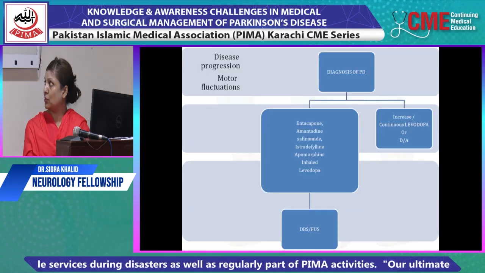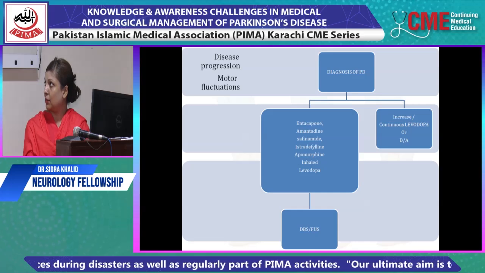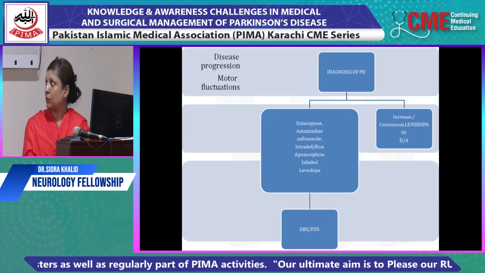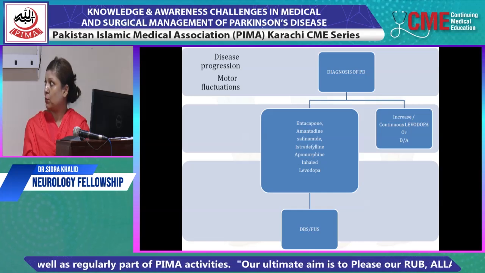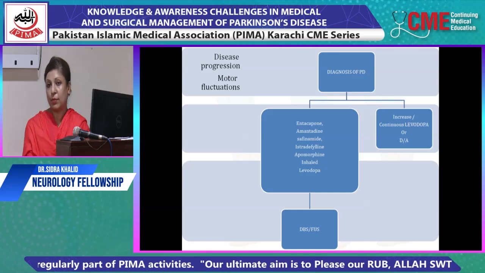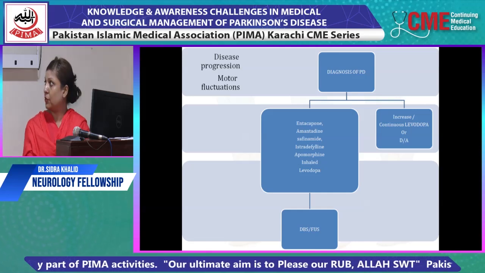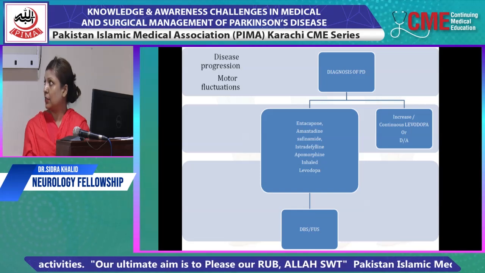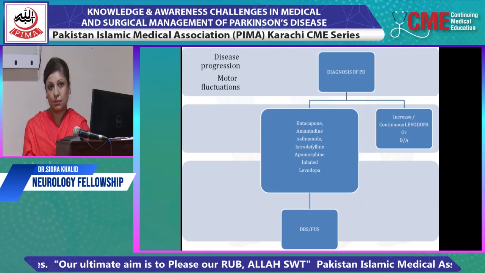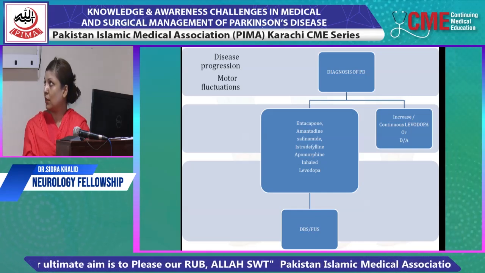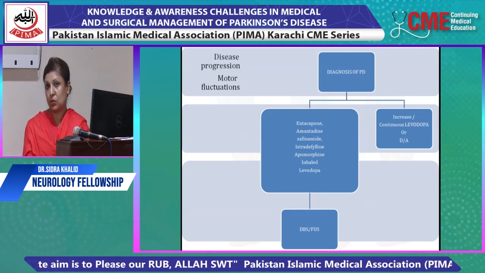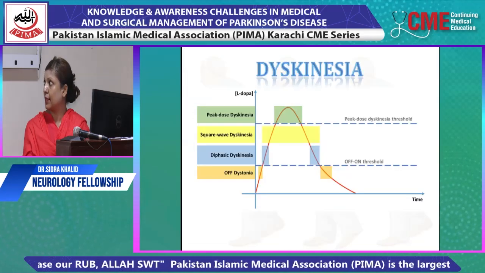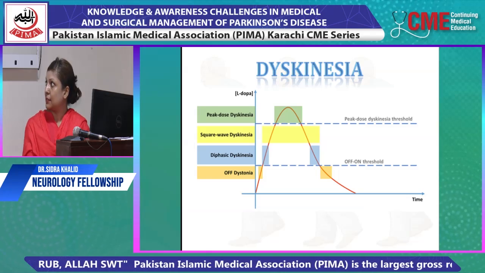So the treatment of motor fluctuations includes medical therapy, which includes entacapone, amantadine, safinamide, istradefylline, subcutaneous or inhalable apomorphine or inhaled levodopa. We may also increase levodopa or increase the frequency of dosing. We may also include dopamine agonists to the therapy. Finally, if the symptoms do not resolve on medicines, we may counsel the patient regarding surgical therapy, that is DBS and focused ultrasound therapy.